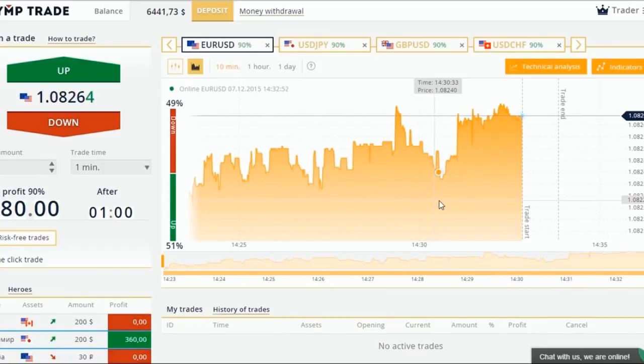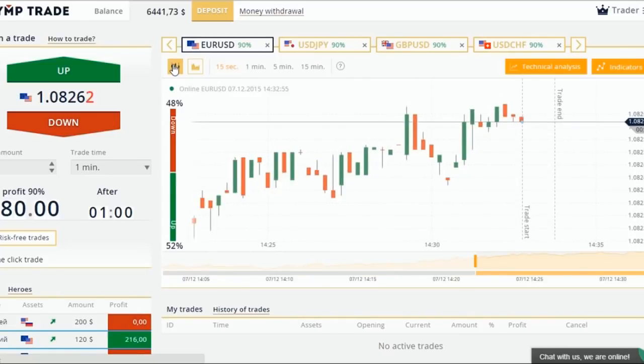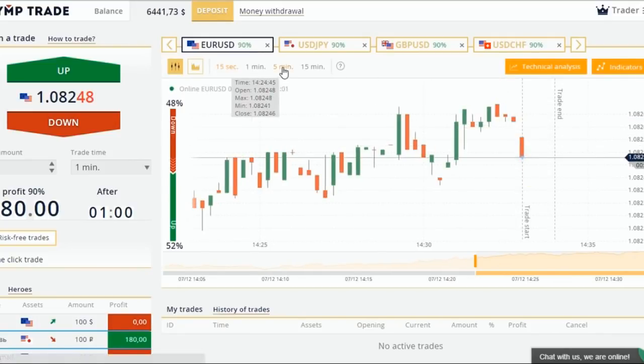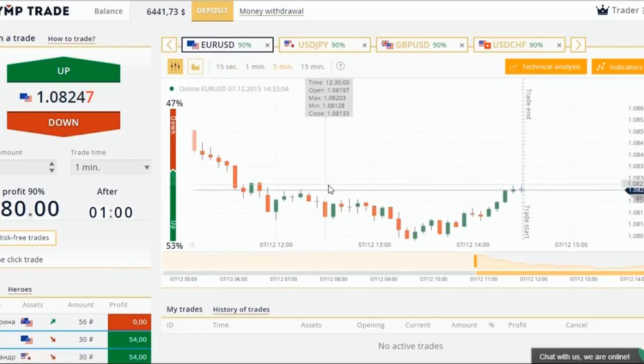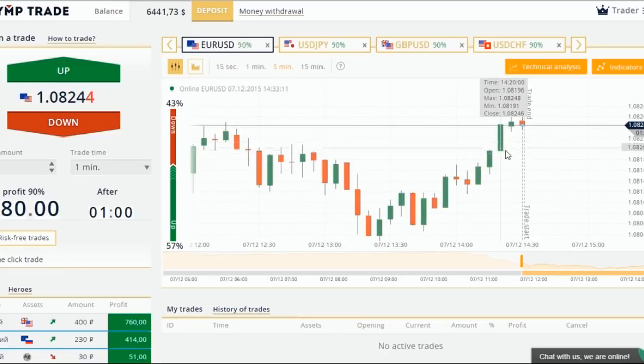And now, let's get down to the method. Let's switch to the chart type called Japanese candlesticks. It's the same chart, but it provides a per-minute rate trend. Let's see the 5-minute candlesticks right away. Each candlestick is equal to 5 minutes, while the color indicates the rate trend during those 5 minutes. A green candlestick means that the rate was growing during the 5 minutes, and the red one means that the